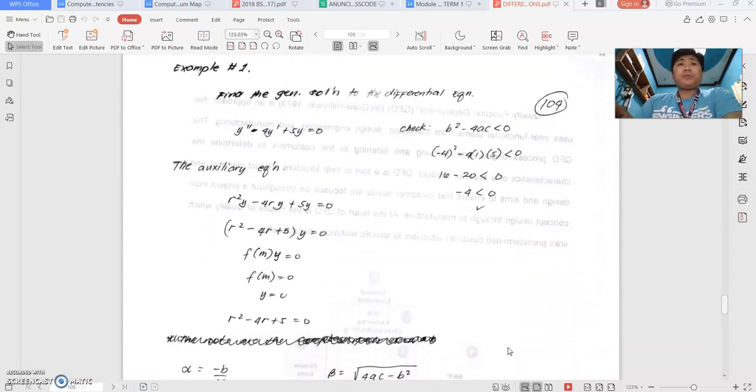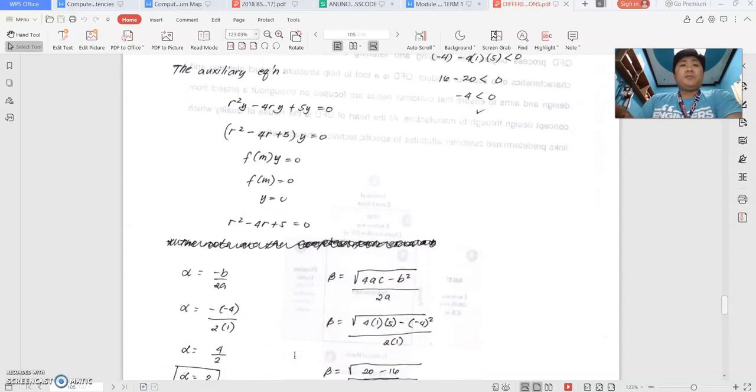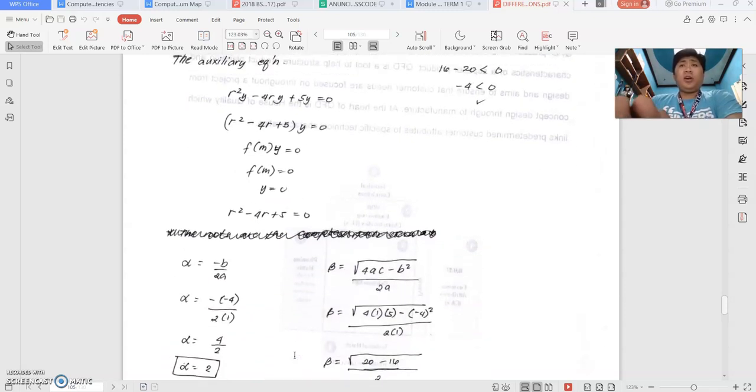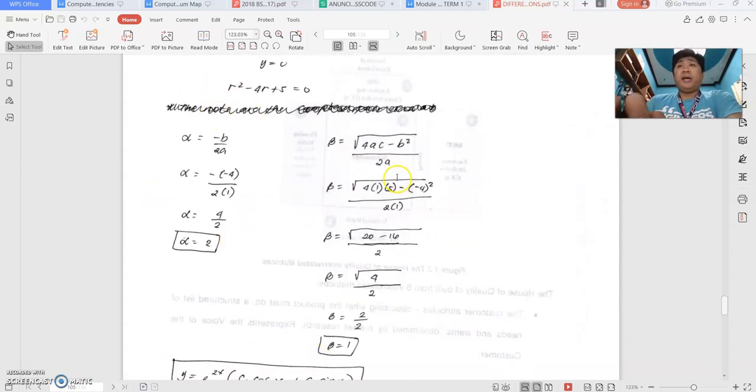Okay, so from here, you could get the auxiliary equation, just like in case number 2, and when you get the auxiliary equation you get the roots. You can use the same process: whatever your y is, you get f of m, then take the root. Actually, you may not do this anymore. The most important part is your alpha and beta. Since alpha is equivalent to negative b over 2a, and your beta is